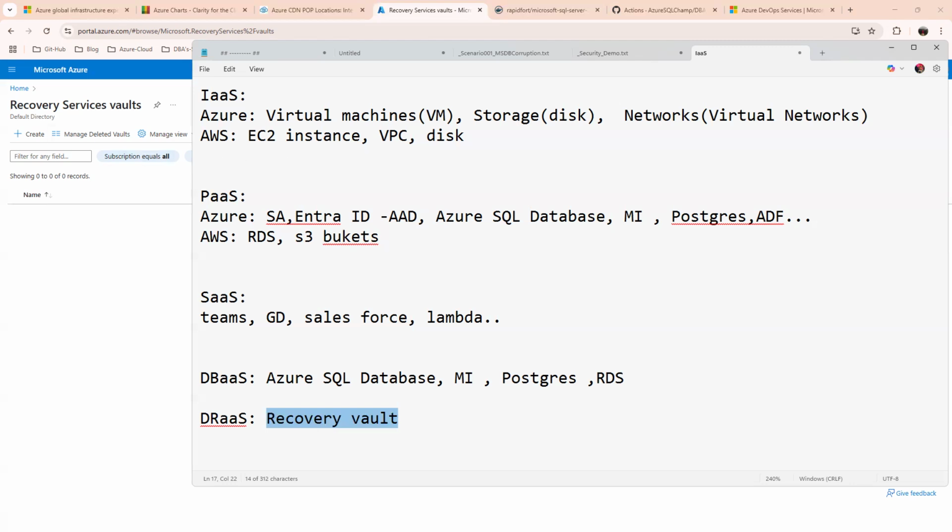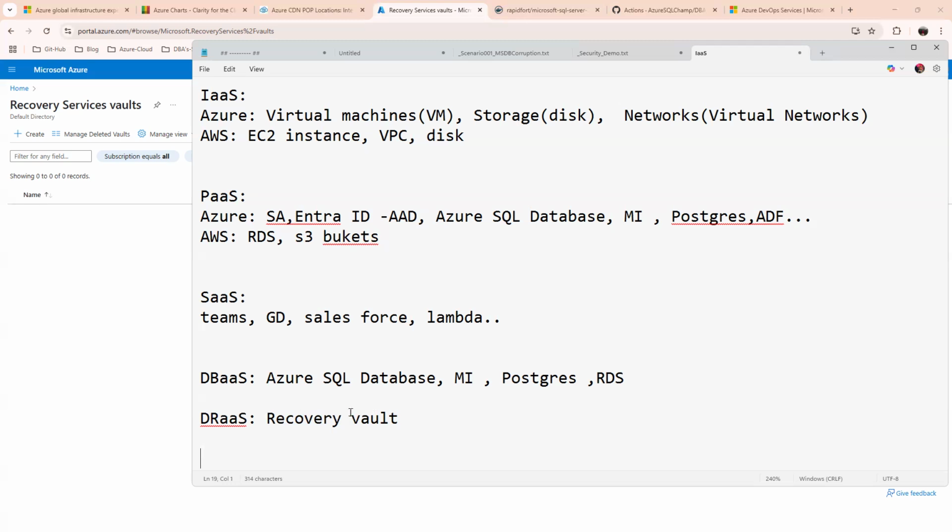So not only native maintenance plans, not only Hallengren, you can also take backups from the Recovery Vault. You need to know how to use it, but it is a little expensive service. You will get this service also as part of our training, sir, not immediately.